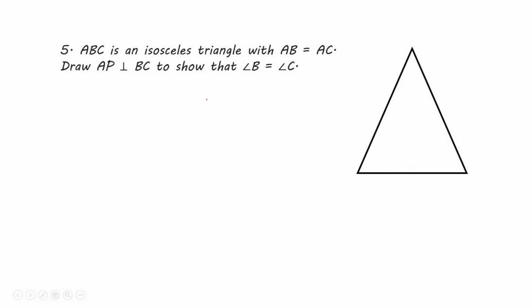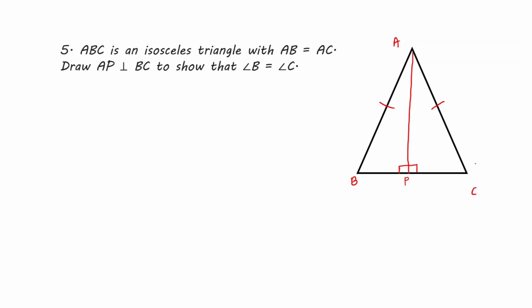Let's look at the last question of this exercise. Question number 5. ABC is an isosceles triangle with AB equals AC. Let's draw an isosceles triangle ABC with side AB equals AC. Draw AP perpendicular to BC to show that angle B equals angle C. We need to show that angle B is equal to angle C. Let's see how we can do this. Let's compare the triangle